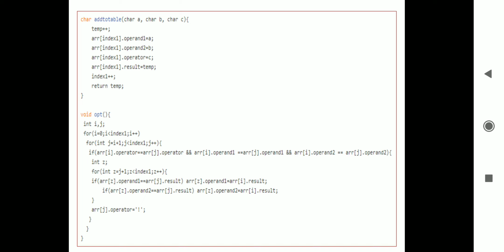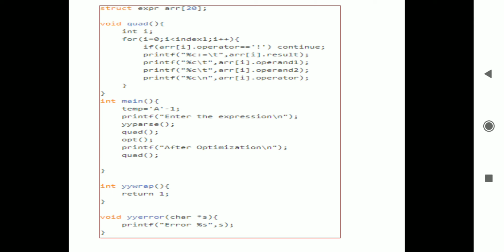Whenever we perform the optimization and see an operator like the exclamation mark, it means that operation is already performed and we just continue.